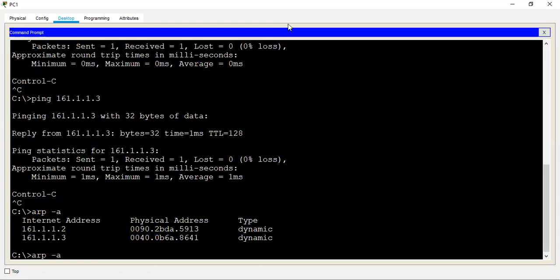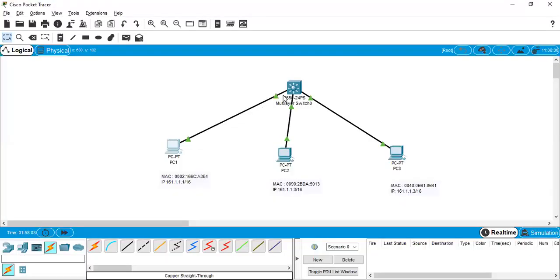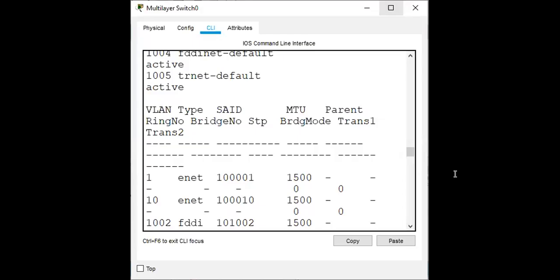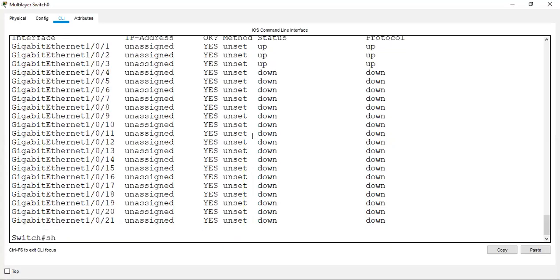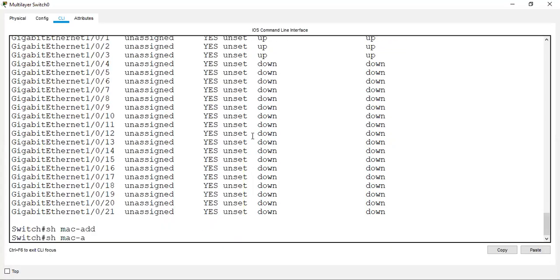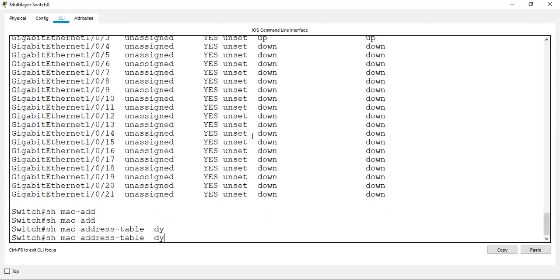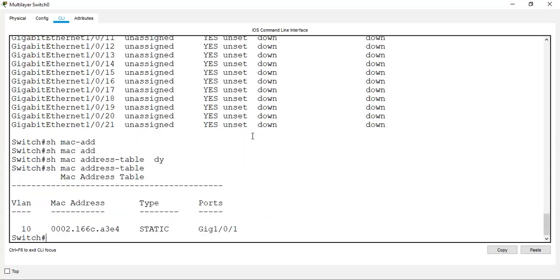Same thing, you can get it from the switch. Show MAC address table dynamic, or MAC address table. Here you can see the one system connected to A3, A4 having the MAC addresses.